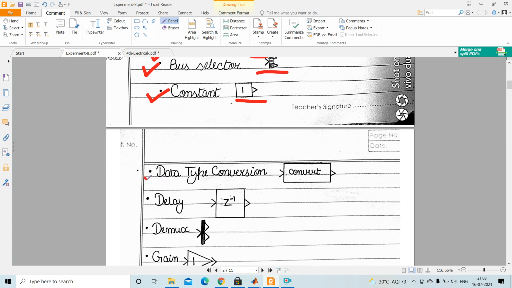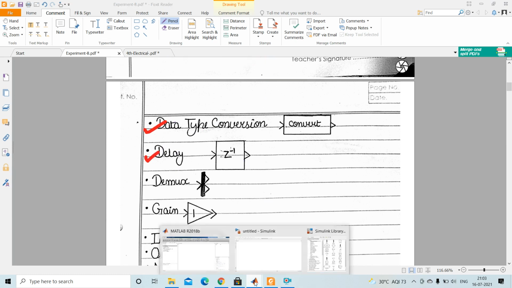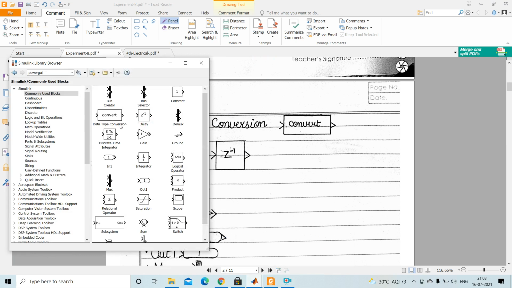Then data type conversion, then delay. This is the delay, this is bus creator, this is bus selector, this is constant, this is gain, this is in, this is integrator, this is out, this is mux, relational operator, saturation, scope, product, logical operator, ground, like this.